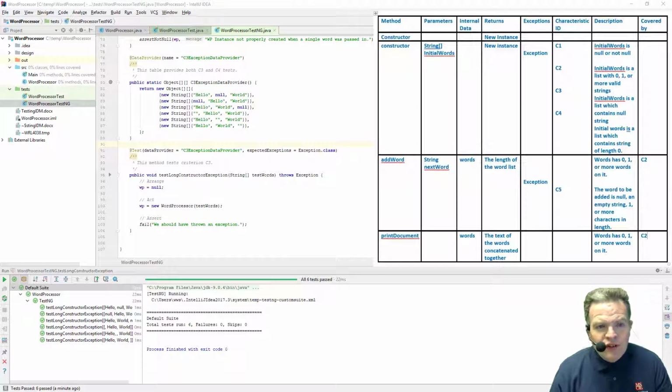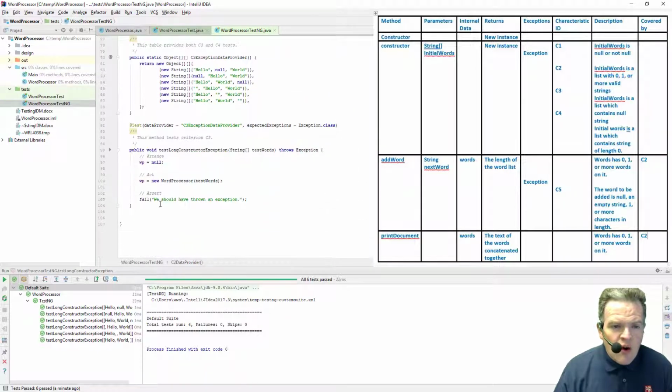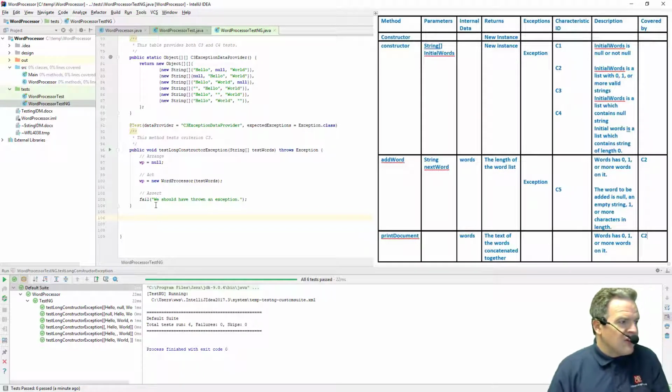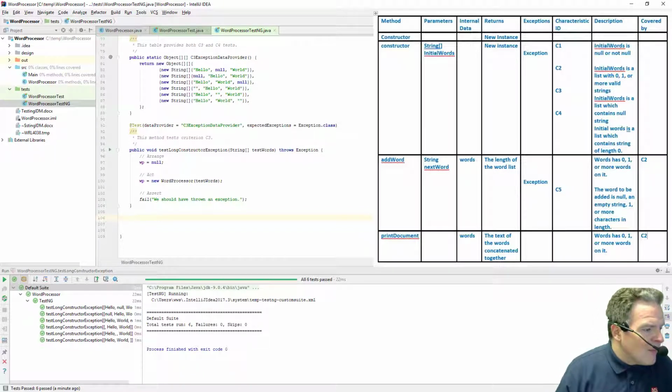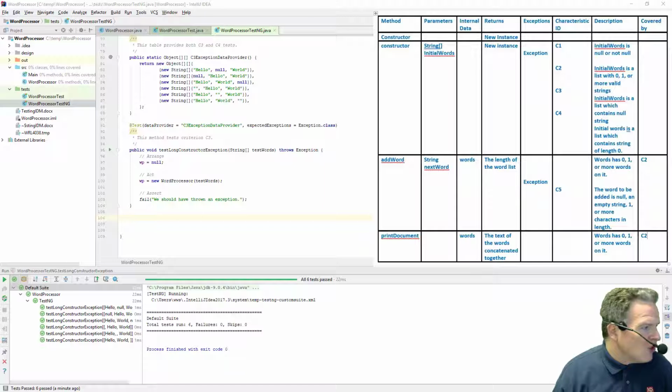If you remember, the C2 data provider that I've got defined up above here provides me with an empty array as an initial condition, 1 word, and 2 words previously there. What I can do to test, since I have that data provider in place there, and since my AddWord has a dependency upon 0, 1, or 2 words on the list, I can actually just define